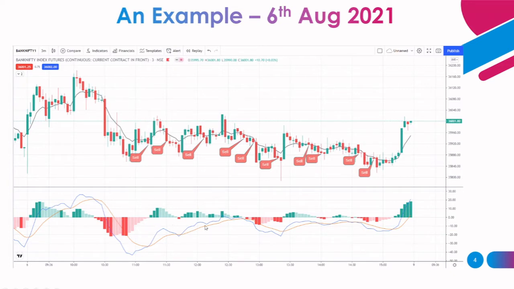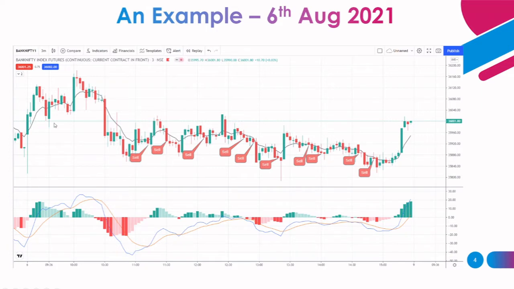First criteria is MACD should be below 0. That is for a short setup, and it should always be more than 0 for a long setup. Now in this case, initially you can see the MACD is above 0, but we didn't get any buy setup. The reason behind it is the candle size. The candle which is crossing is more than 90, so that's the reason we avoid here.